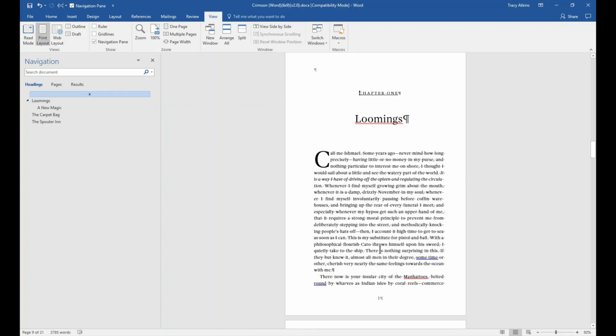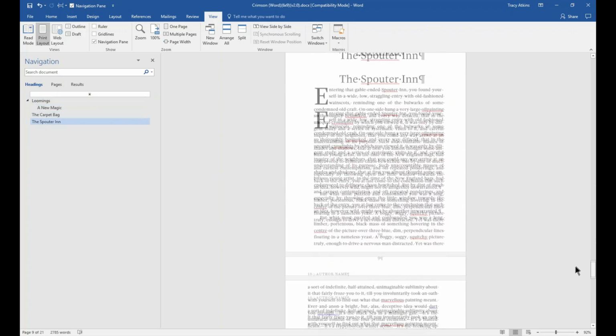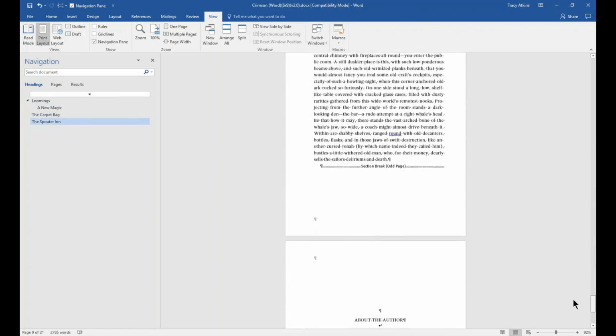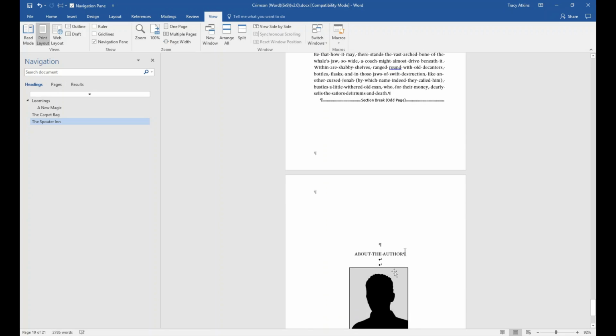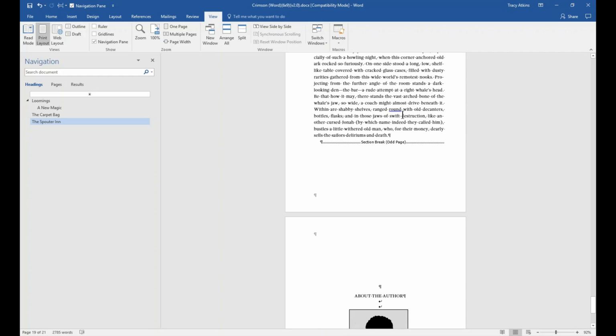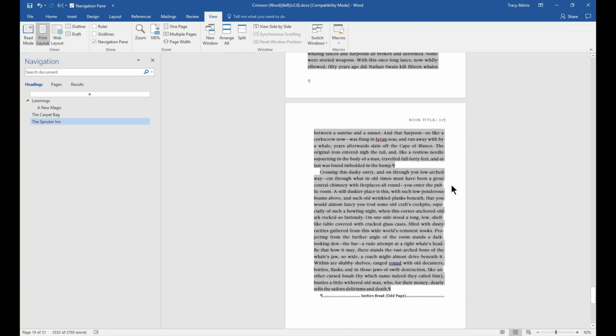Alright, first we want to clear out the 3 chapters of sample text that we have in the template. To do that, you'll click right before the C in chapter 1 in the sample chapter, and then you'll scroll all the way down to the end of the sample text, and right at the very end of this paragraph, the last paragraph in the sample text before the About the Author page, you're going to hold down your Shift key, and then you're going to click to highlight all of the sample chapter text in the book. So there's about 11 pages of it. Once it's all highlighted, hit your Delete key,